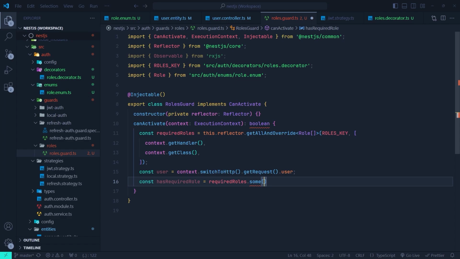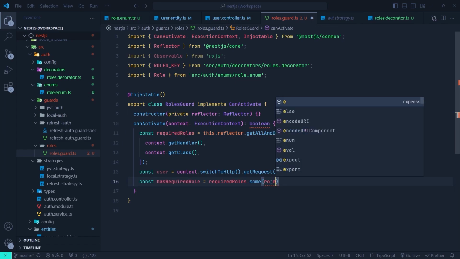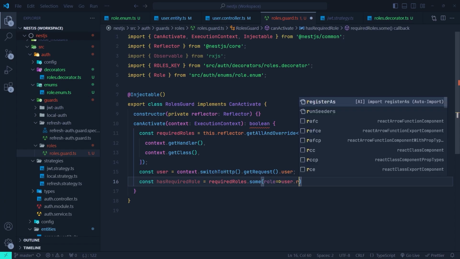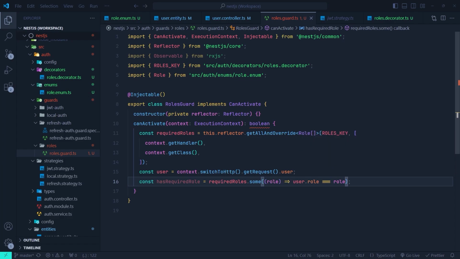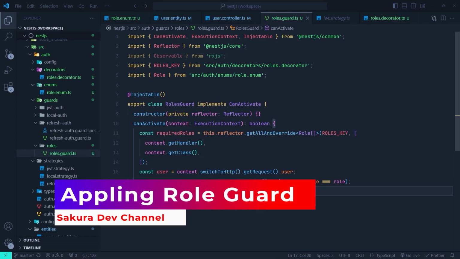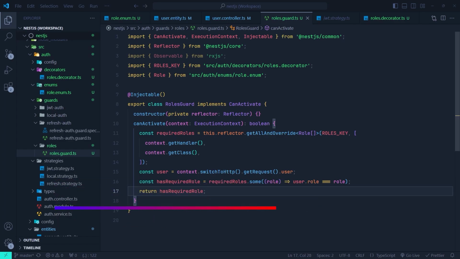So we are going to check if one of the required roles here is equal to the user role. If that's the case, we're going to return true. So let me pass the callback. It takes the role and then returns user.role is equal to the role parameter here in the callback. So again, if the role of the user matches one of the required roles inside this list, this function returns true, otherwise it returns false. So we can just return the hasRequiredRole constant, which actually determines whether the user can access the API or not. All right, we're almost done here, but our user object does not have a role inside it